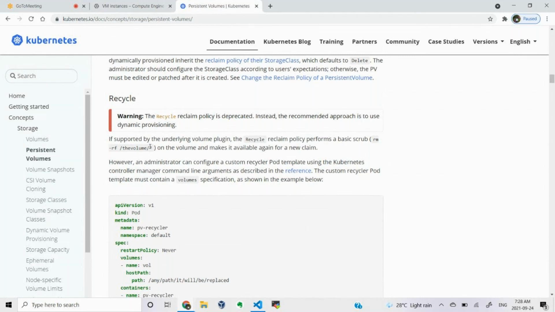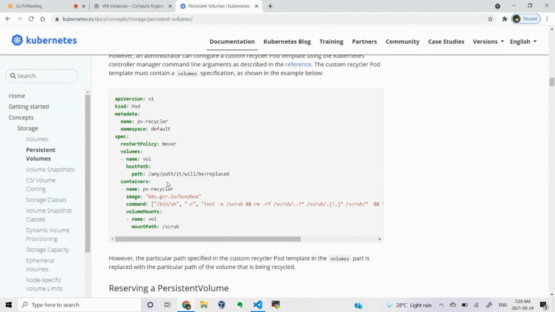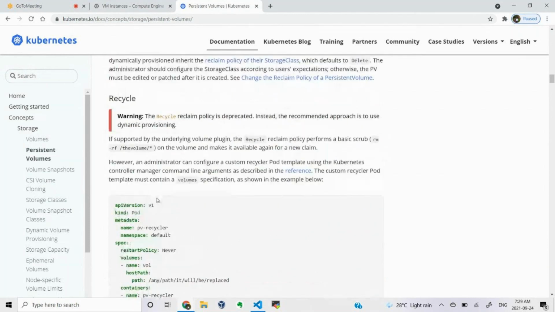Similarly it will happen to your volume. If you are using the recycle policy, the data stored in the volume you are using will get cleaned up automatically. Everything will get cleaned up, and now it looks like a new volume. That is called the recycle policy.